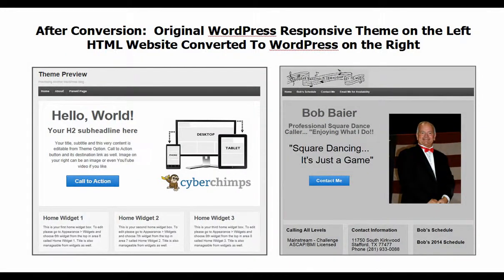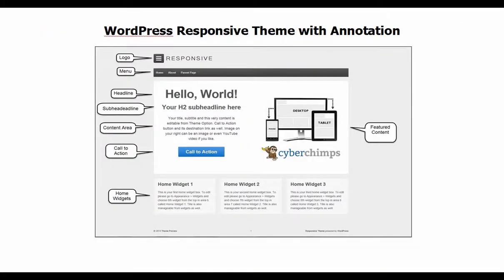So when you first install your WordPress responsive theme, you get a default website with placeholders that you'll replace in order to make your own website. Now we're getting to the part where we're actually going to provide the steps to accomplish this. Here we see the default WordPress responsive theme with annotation so that we can identify the different areas of the